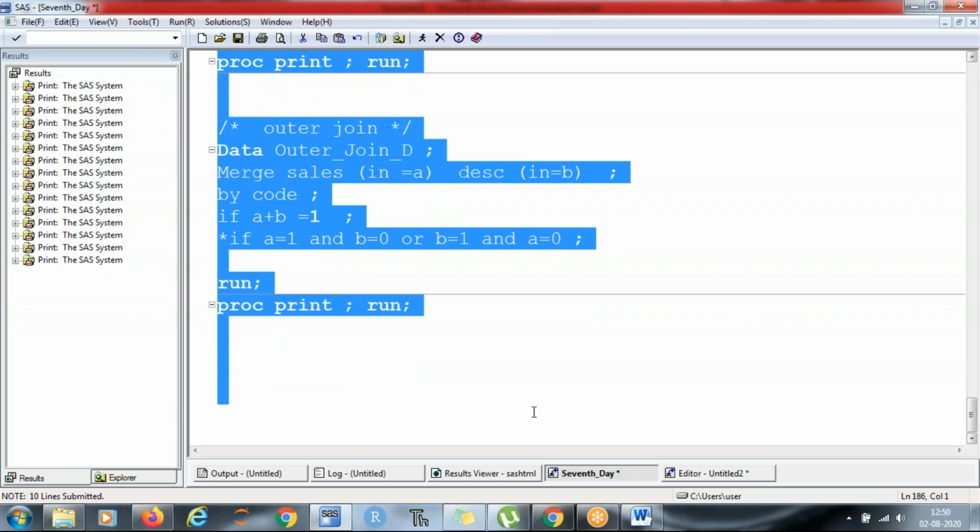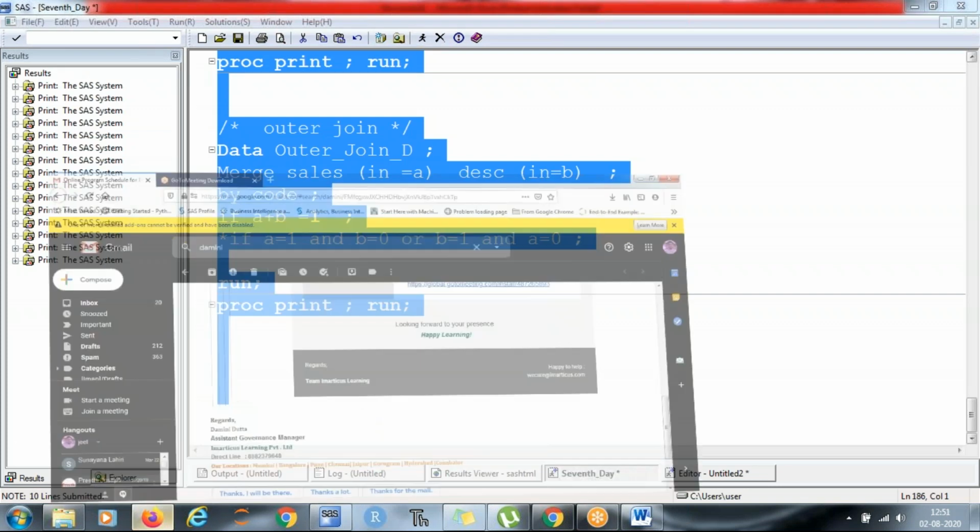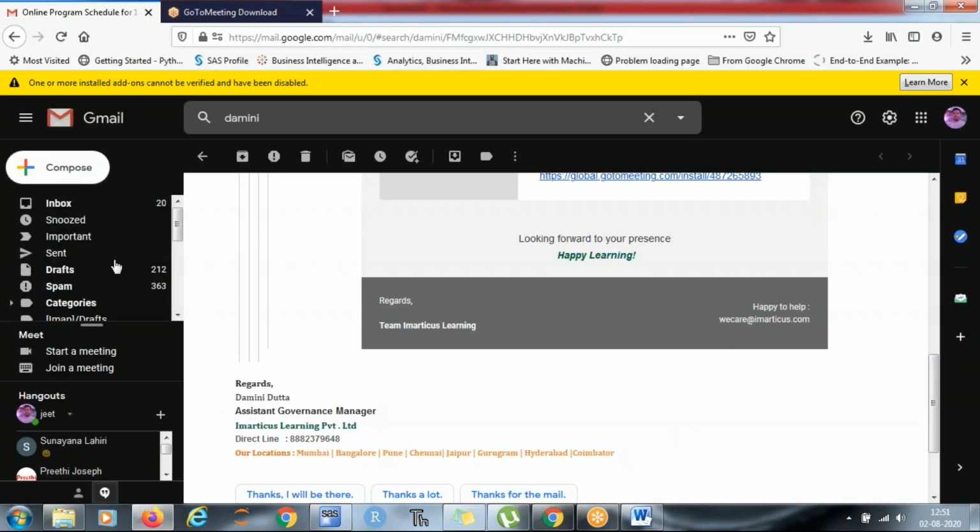We will do this concept one more time in SQL as well, right? So I would appreciate if you practice this. This is one of the most critical things, which contains at least 50% of your work. If you ask me how important is this merging, 50% of the time you will be writing these codes only. Let me share these programs with you.